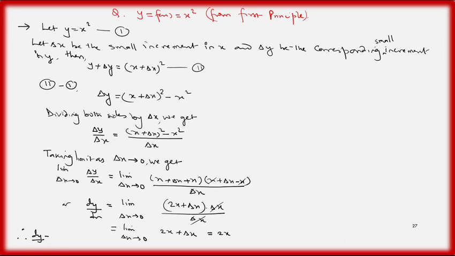Therefore, dy by dx equal to 2x. We conclude that the derivative of x square is 2x. And another method,